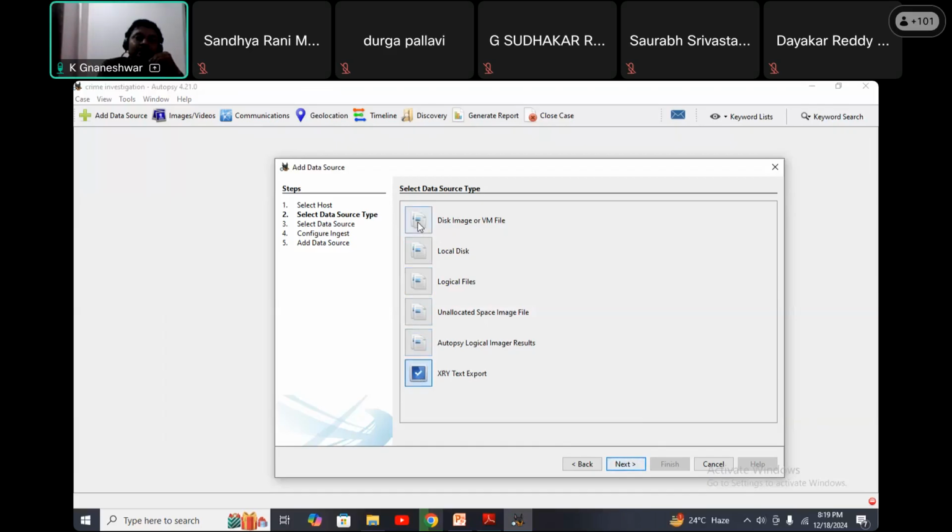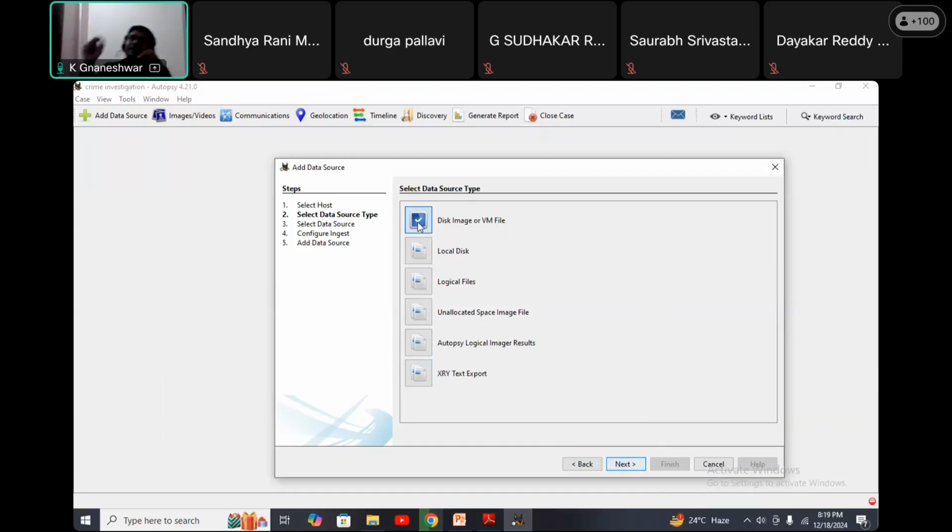What is this disk image or VM file? We may get some data in the form of image files, virtual machine files or any particular ISO image files. We get some operating systems, all in ISO images. We can't read the data directly; we can only install that OS. Games are also an example of this type.